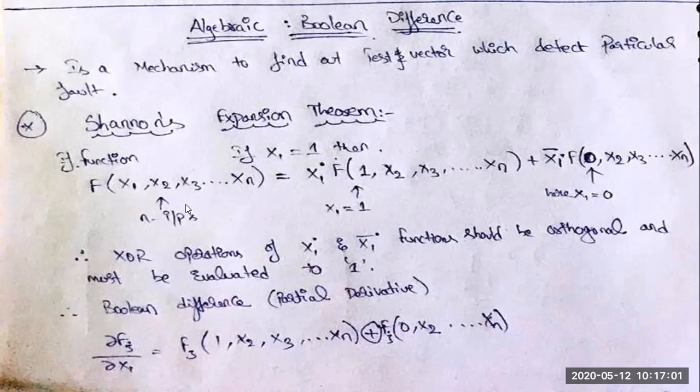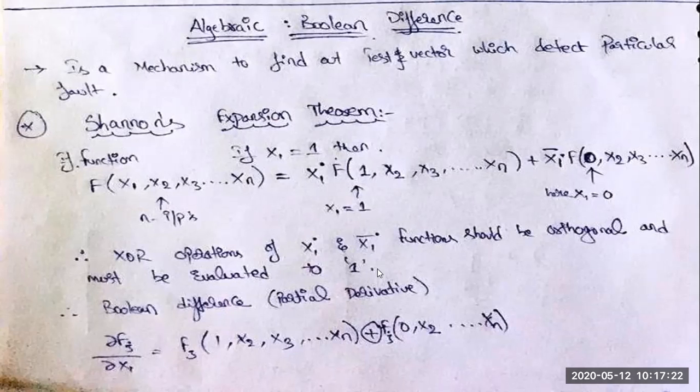So what does this determine? The XOR operation of the input function should be orthogonal and must be evaluated to 1. The function should be orthogonal and must be evaluated to 1 itself. Okay, so